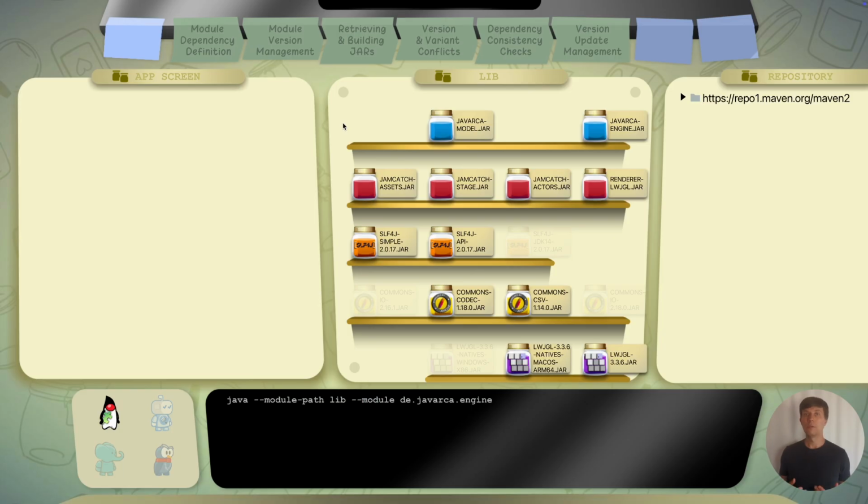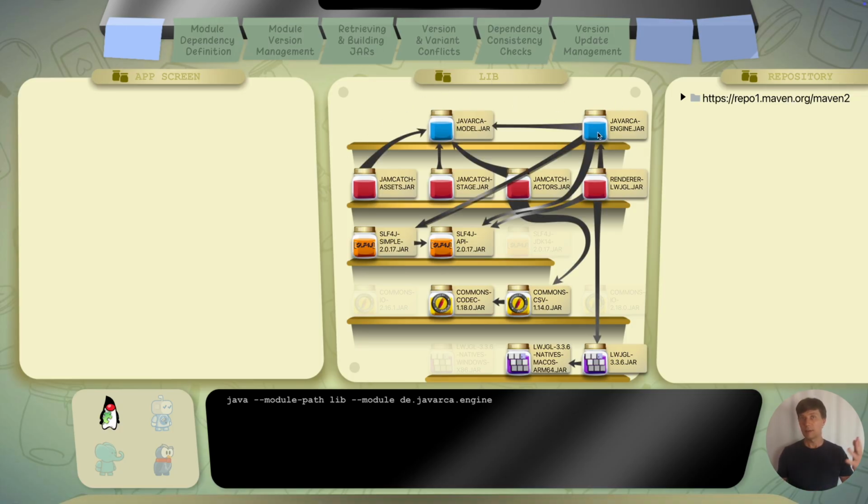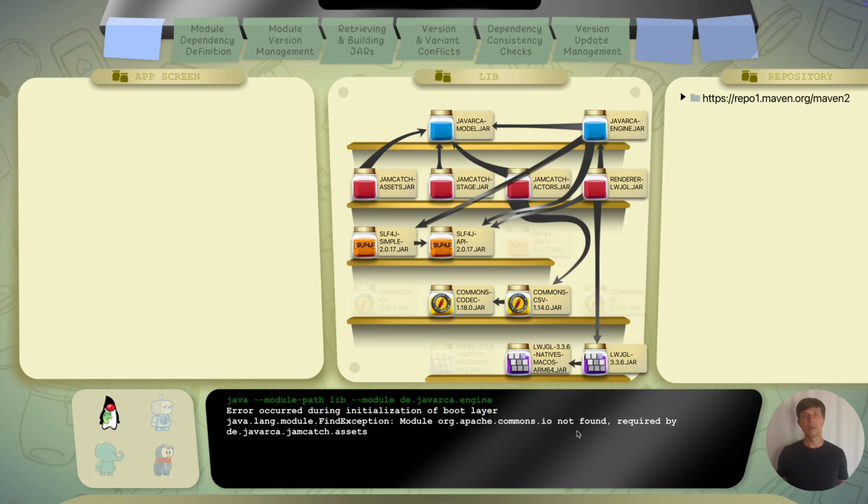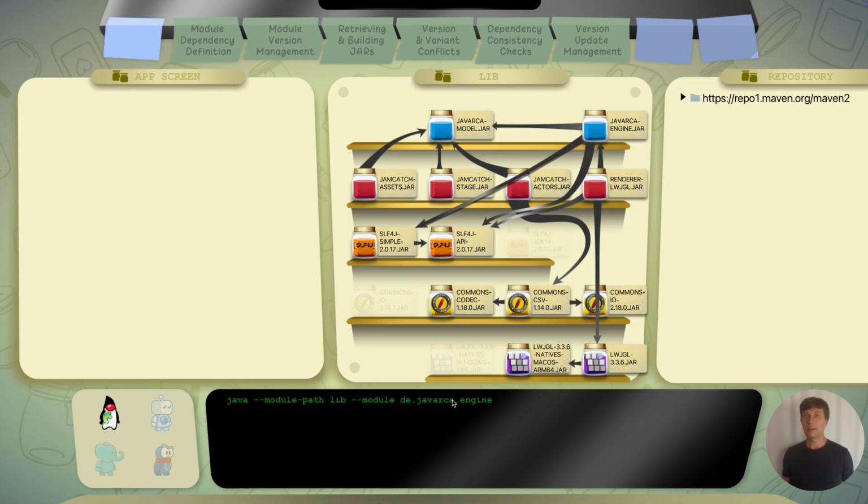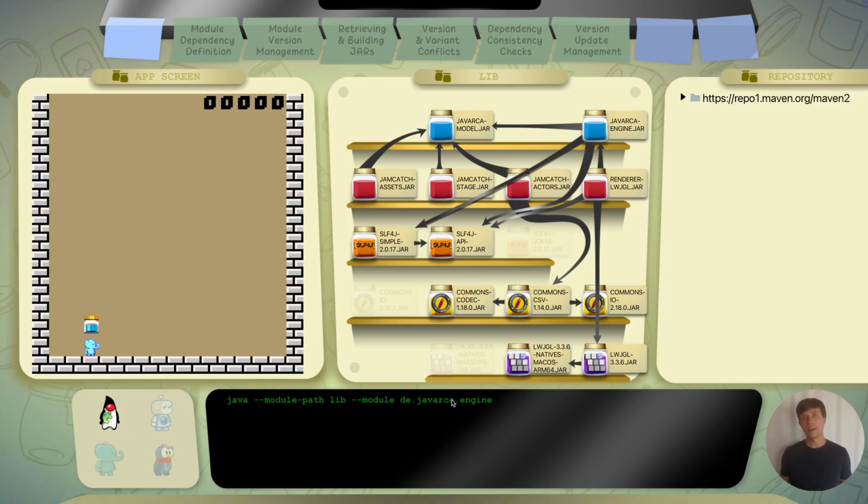Last time we only looked at compiled and packaged modules. We did not explore how dependencies between these files are defined or where this data is located so that tools could use it. We also did not look at how we define dependencies of our own modules during development. If we look at the set of jar files that make up our example application again, we could visualize that there are dependencies between them. We saw last time which problems may occur if a dependency is missing or if a wrong one is selected. We saw, for example, that the Java module system will inform us if a module is missing that is definitely required at runtime.